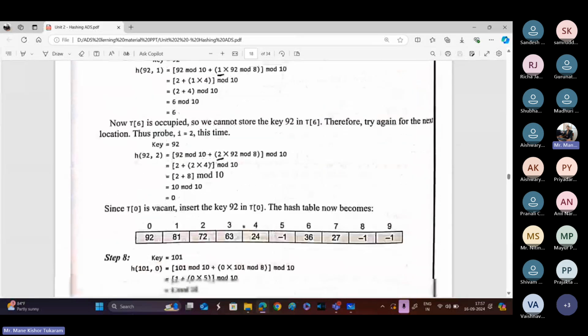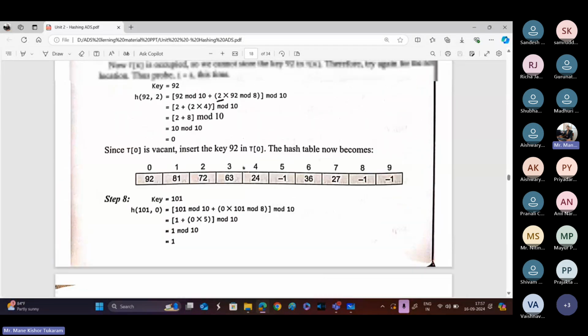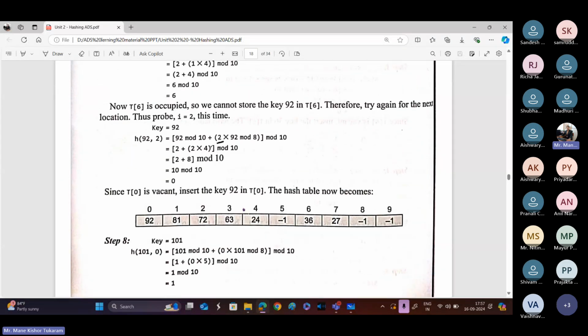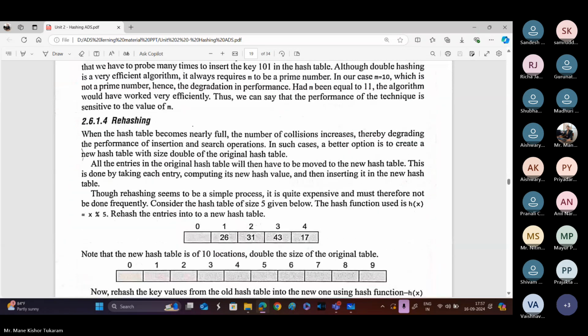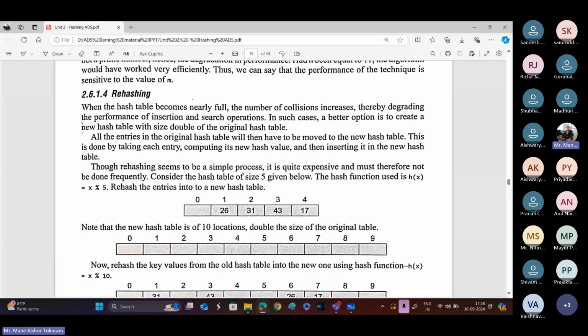So all the calculations that are given over here, you can go through those calculations so that you can easily get the concept. Again, the fourth technique is rehashing. Okay, so what is the use of rehashing? When the hash table becomes nearly full, the number of collisions increases, thereby degrading the performance of insertion and searching. So in that case, we have the option to create a new hash table with size double of